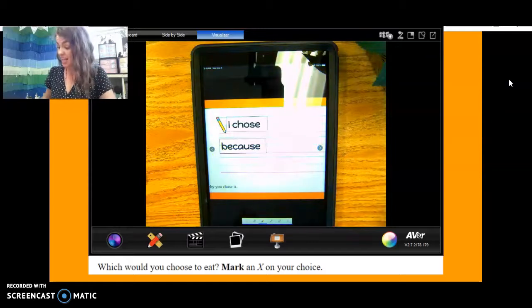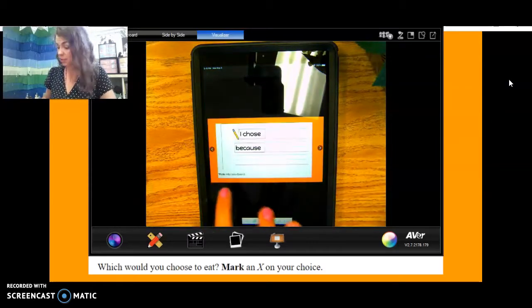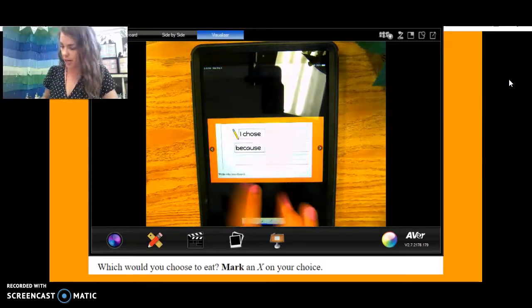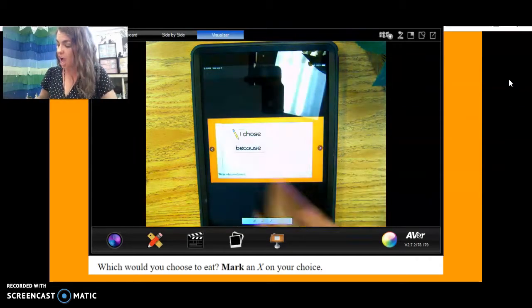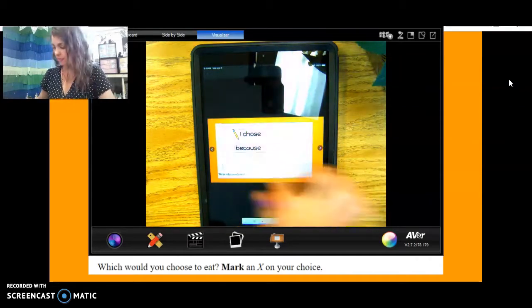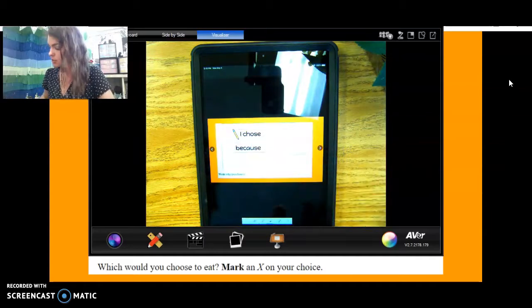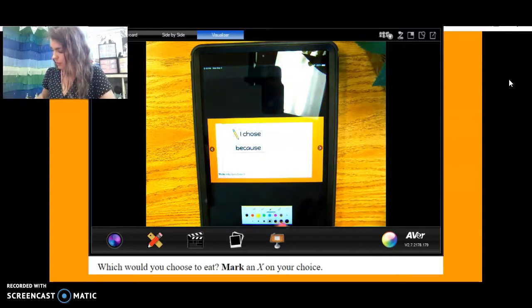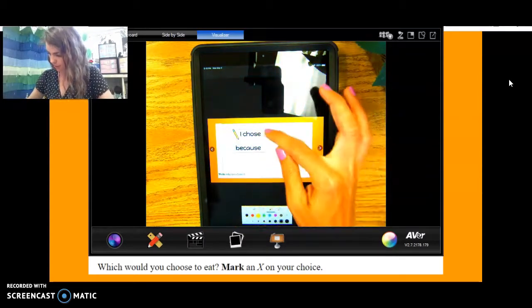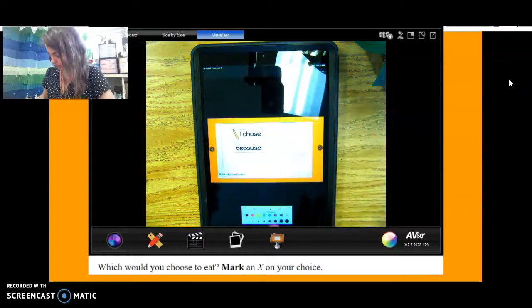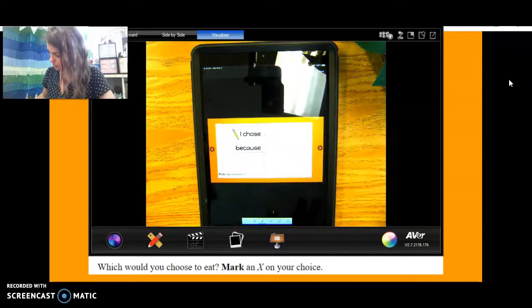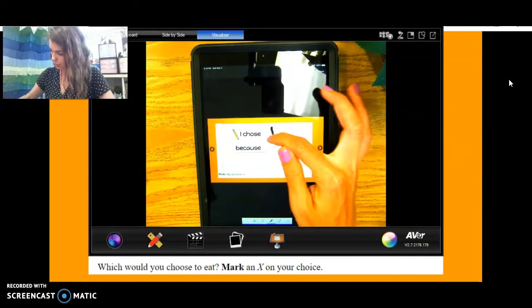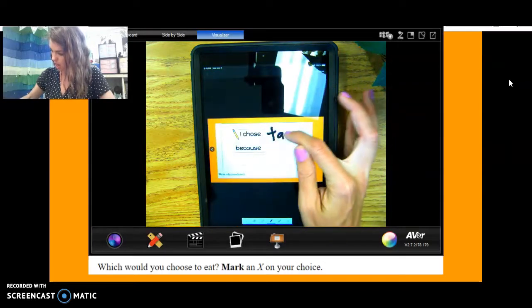Here it says, write why you chose it. What did I choose? Tacos. So the first blank I'm going to write, I chose blank. What did I choose? Tacos. I don't want to write with yellow because my teacher might not be able to read that. And that's way too fat of a line. So let's erase. Let me get a little skinnier and black. I choose tacos